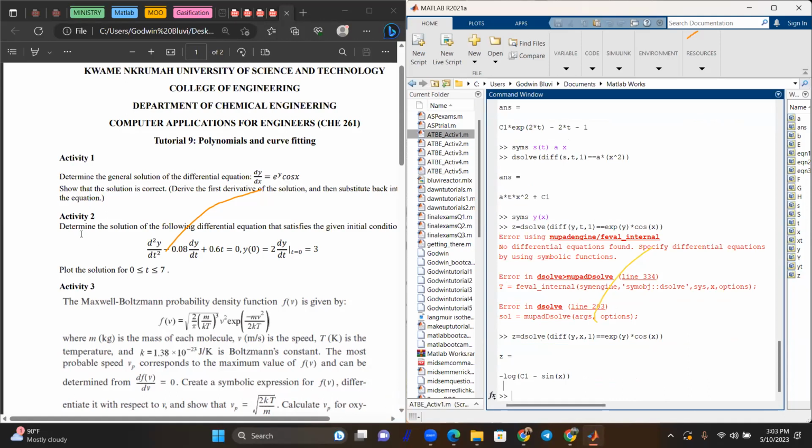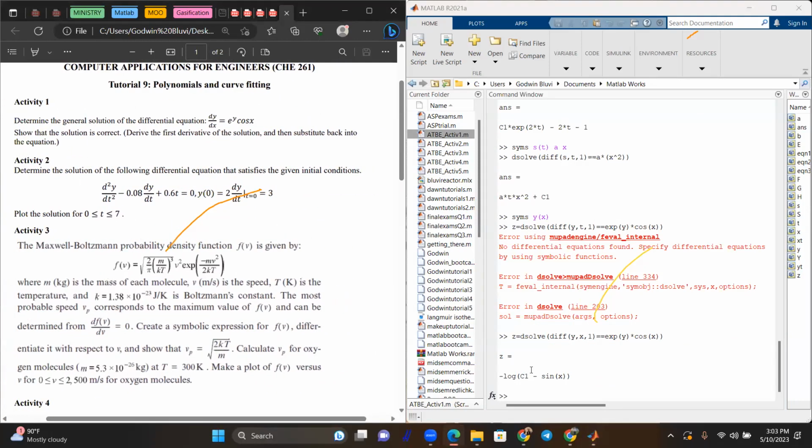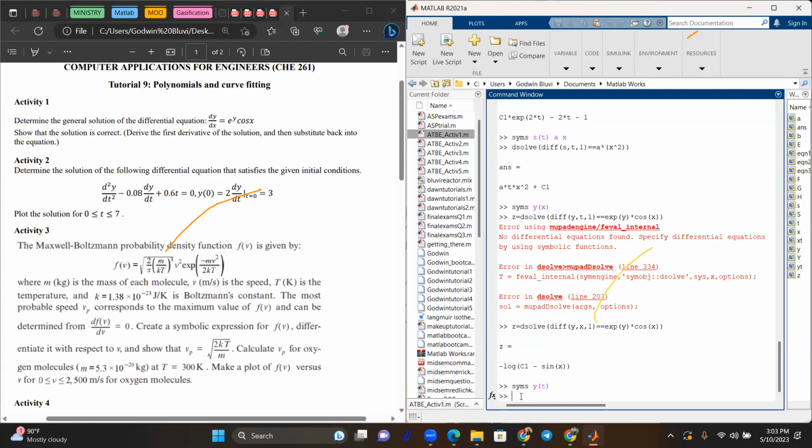The next one says determine the solution of the differential equation that satisfies the initial conditions. So these are the questions. So syms y of t. Do you understand? Perfect. So now a is equal to dsolve, open bracket, diff y, comma t to the second derivative, right? Great. Minus